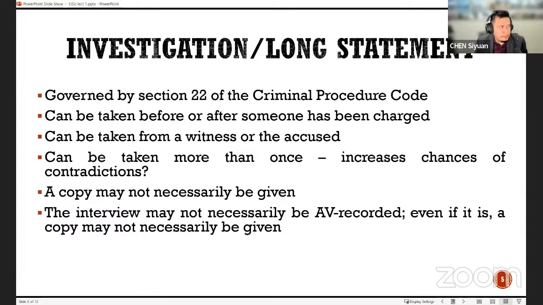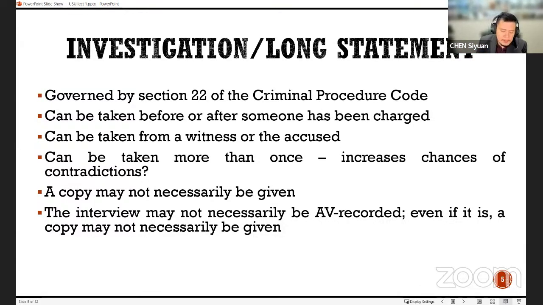Then we have the fact that when a person has been charged, he'll be interrogated, right? We call this the interview or interrogation. It may not be recorded in terms of a video recording. In many common law jurisdictions, this is no longer an issue. Because imagine this, right? Imagine an accused person is being interrogated by the police, and the police doesn't physically beat up the accused person because that will leave some evidence, right? You will leave injuries and all that.